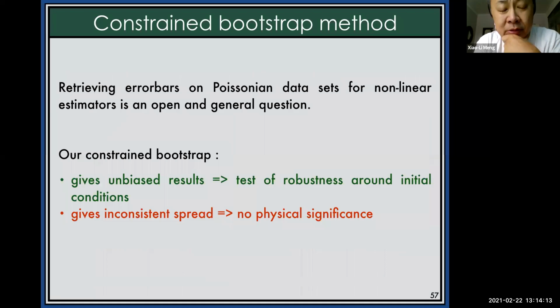But your point about linear versus nonlinear is an important one. But the bootstrap, if it's applicable, was exactly invented to deal with nonlinearity, because for the linear ones, statisticians know how to do all the approximations, and the bootstrap was invented to deal with much more complicated estimators without knowing how to calculate, because they are nonlinear. But it seems that in my case it doesn't work with the Poisson noise. It just adds some more noise. It's not equivalent to the data. Right. So that's what I'm saying.